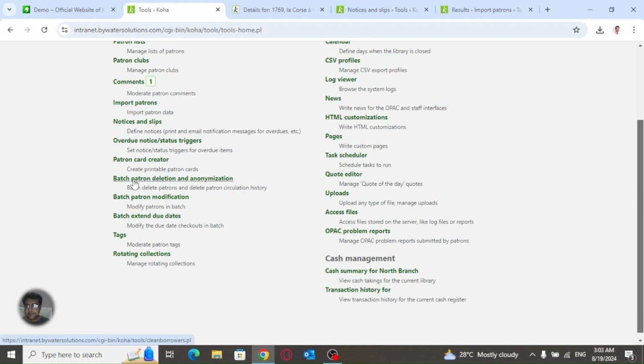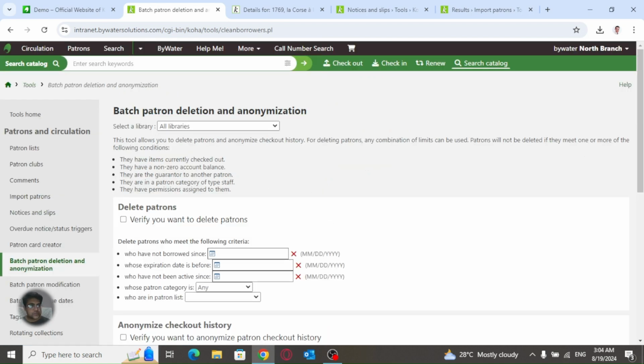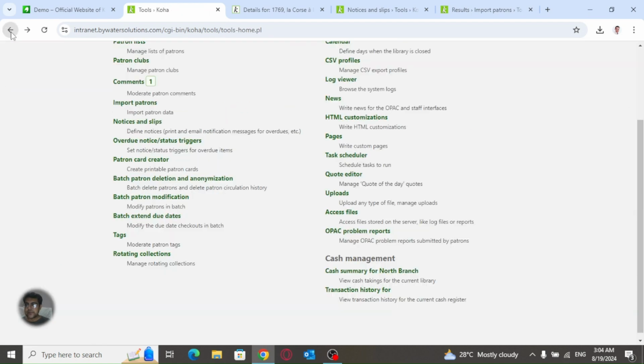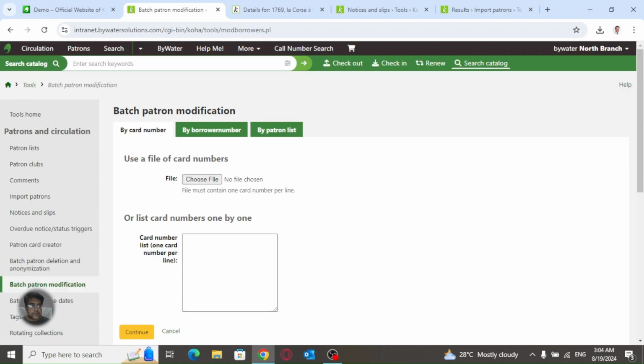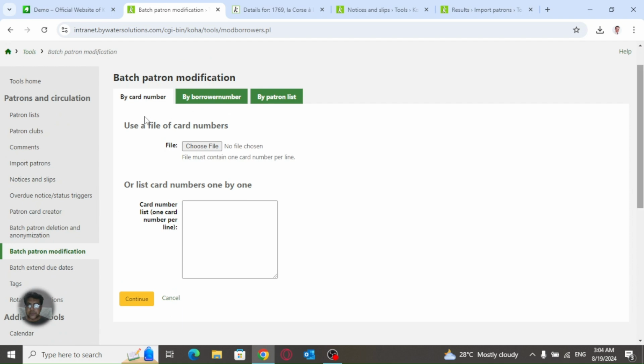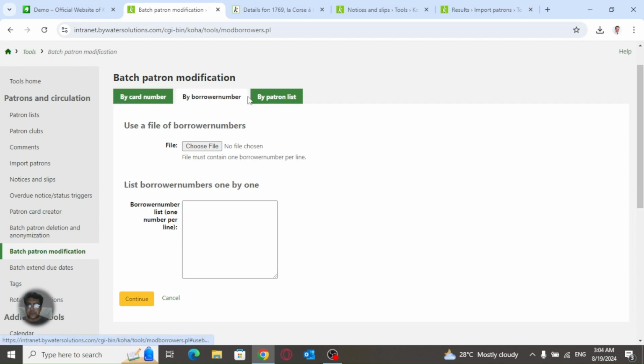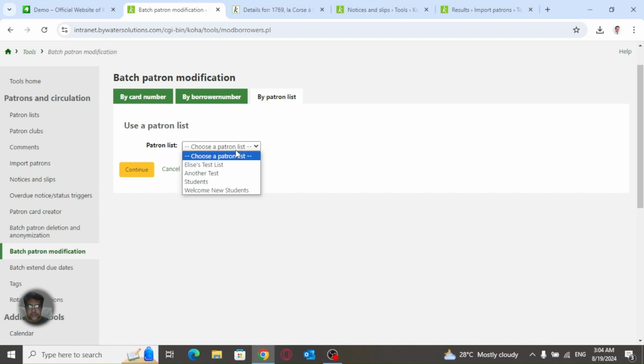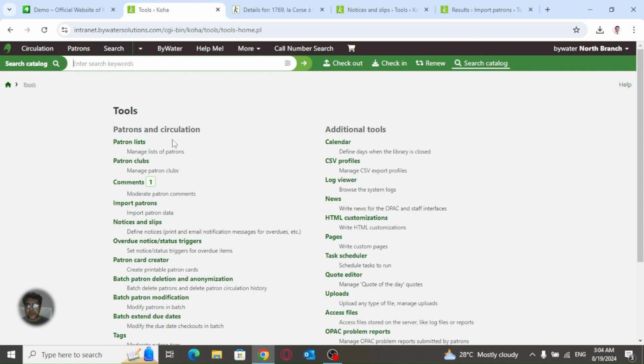Patrons, batch patron deletion, anonymization. Okay, batch patron modification. So you can delete patrons in batch, but that's not actually a recommended setting. And you can modify, for example, you can modify the class of the patron, and this you can use by card number, you can use by borrower's number, you can use by the list of the patron. So there are a number of options available, so you can modify. For example,